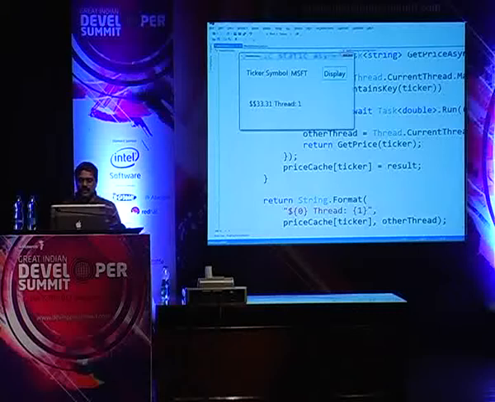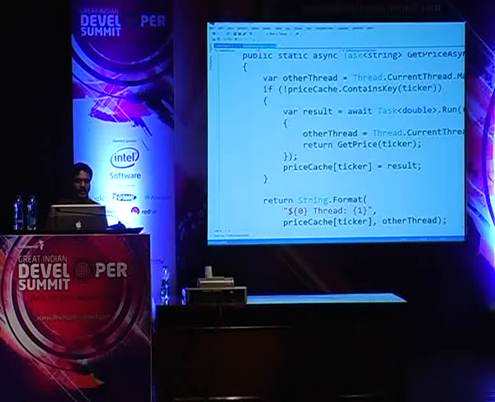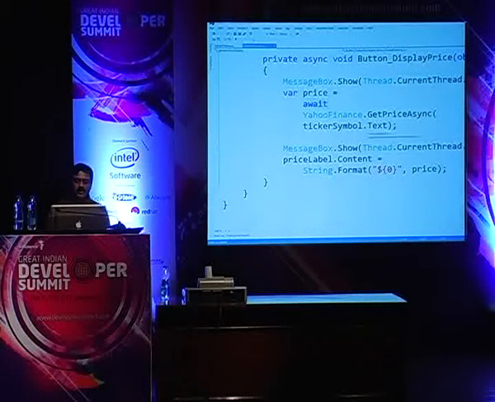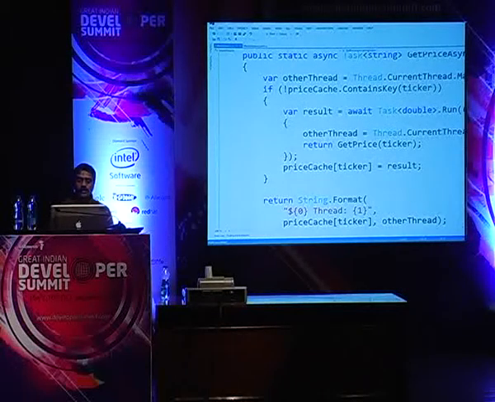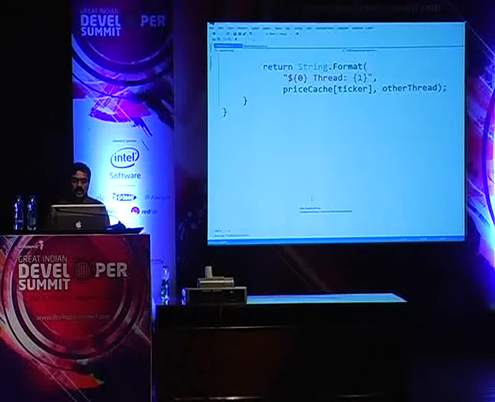How so? It's because in the code here, you said await response from this, and when you went in here, you said, I am going to really look at the price value here. I'm going to ignore the timeouts, by the way. And so it's going to come in here, and it says, hey, look, I already have the value in the cache. I really don't have to call the other thread. And as a result, I can quickly give you the response right away because I have it on hand, and I don't have to really switch threads at all.